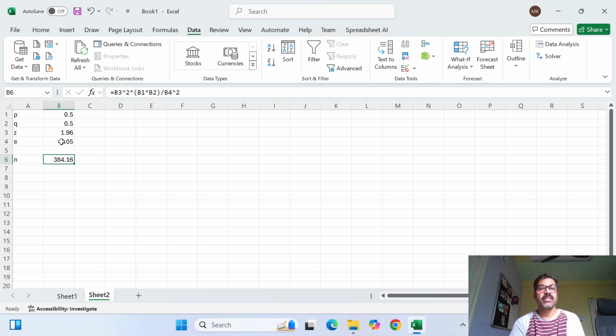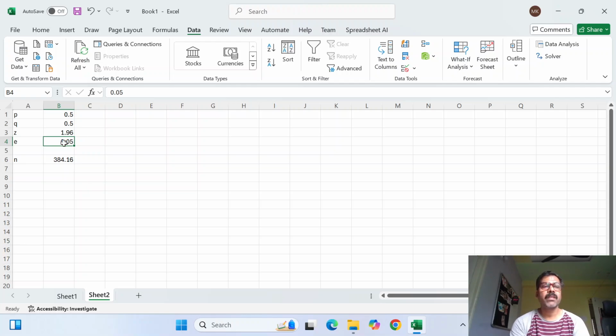Now my point is, how are we going to use the goal seek? We can use the goal seek for a definite value of sample size by changing any of these parameters. Now I can change my sampling error, we simply call it marginal error, or we can also determine the confidence interval. In this scenario, what I am going to do is request Excel